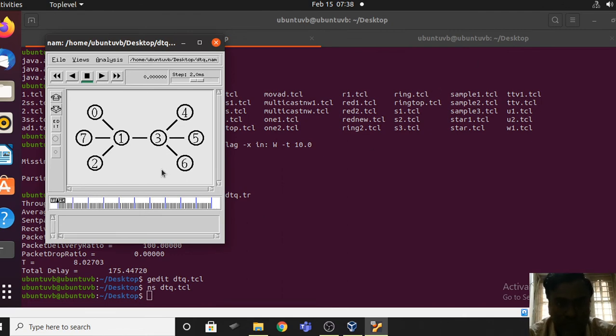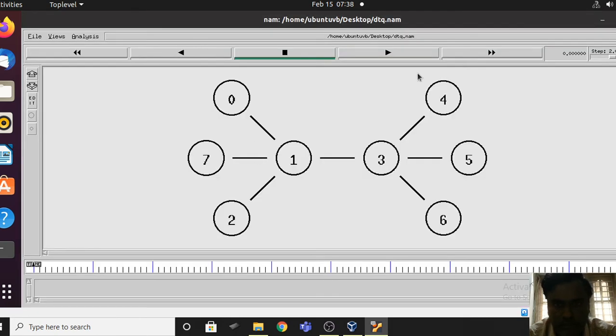You should not forget about this. And you can increase the speed. I have already explained the things, so I am moving fast.